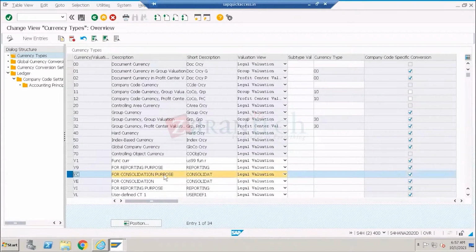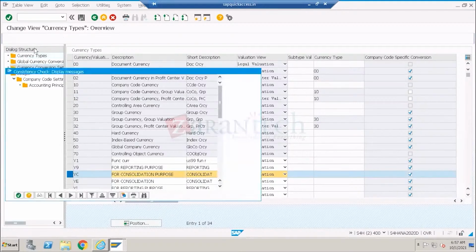This is mainly for the consolidation purpose, Mr. Mahesh. Consolidation purpose. But in which currency do you want to maintain the consolidation, where are you giving the currency? Yes, then I am selecting at a company code level. Yes, here at the company code specific level, if I go to the currency conversions at a company code level,